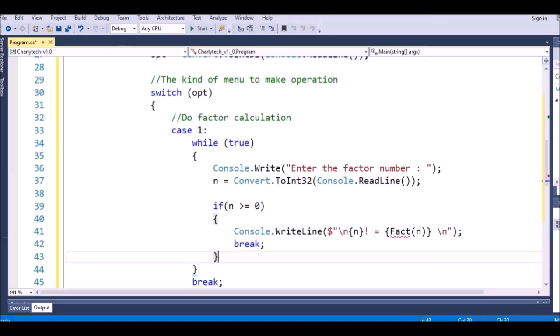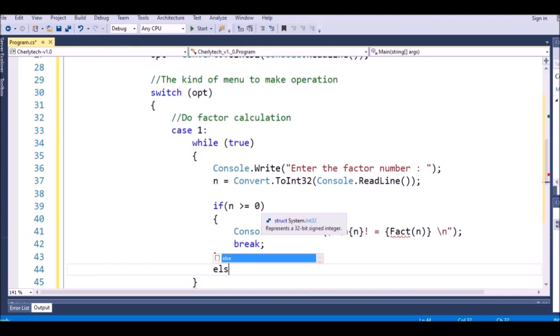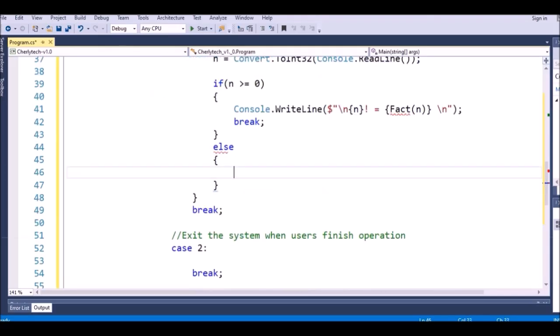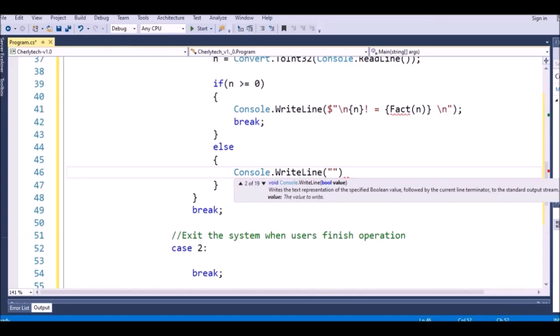So we use the else statement: if the input is not an integer, we tell the user to enter again. So we say else, this one. Okay, so in here we say console.write here, and we say please enter integer number